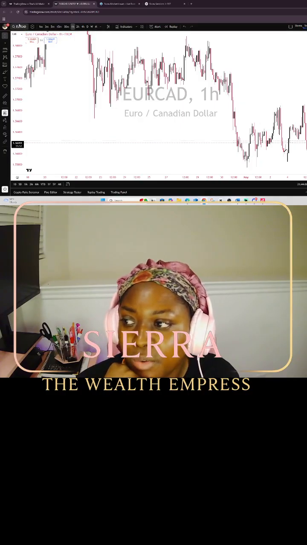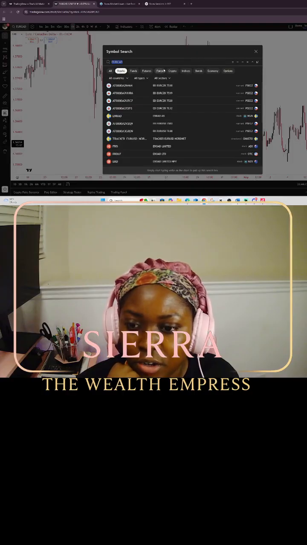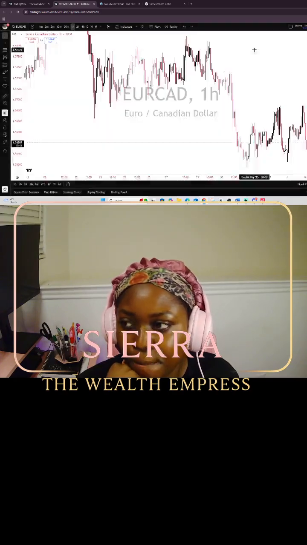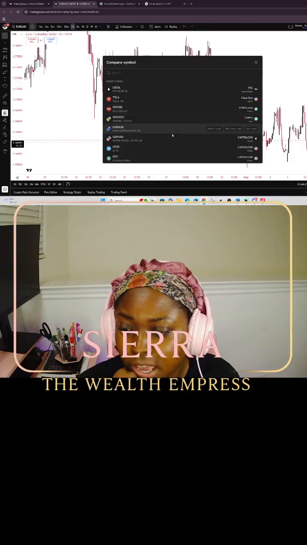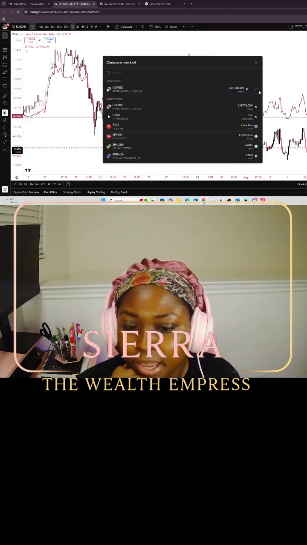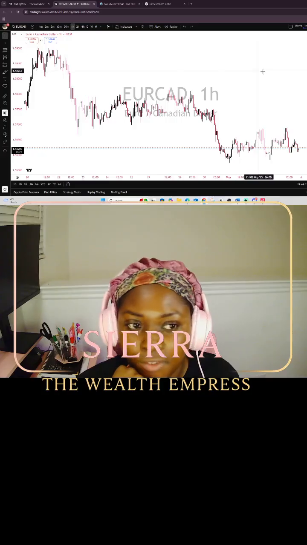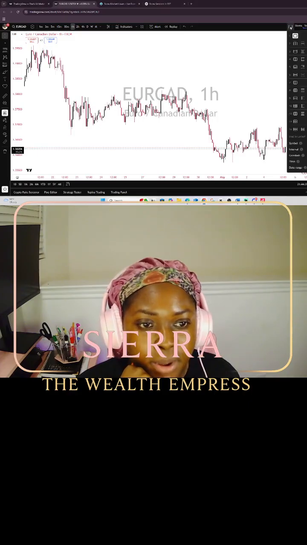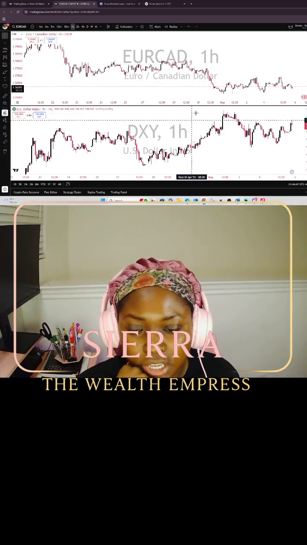All right. And then right here is where you will search for your pairs. Okay. This is what I showed y'all earlier, where it houses all of our pair names. Okay. Now, this plus button is where you can compare two different charts at the same time, but it brings it up as a line chart. So I recommend not using that. If you want to compare two different charts at the same time, you can come over here to this square button, right? And then you can place them vertically or horizontally, okay? And as you can see, it'll give you a better looking chart,